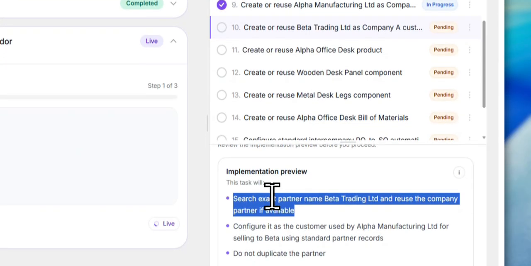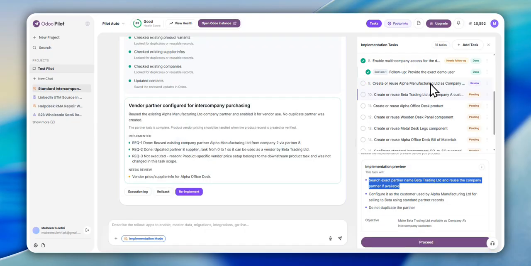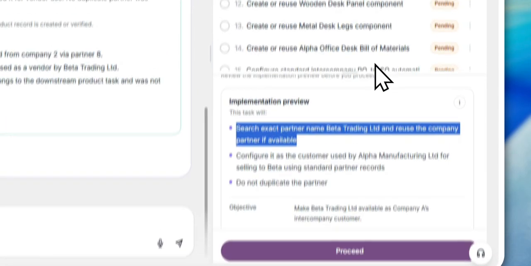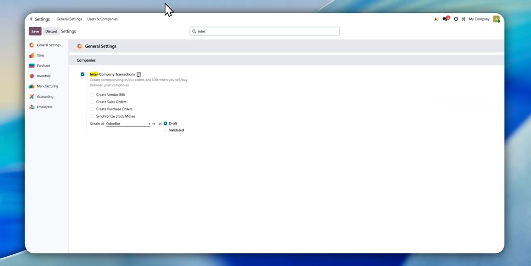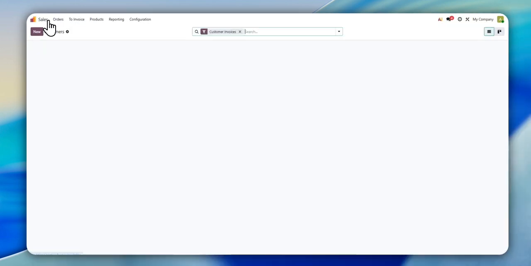And we will see in this same task, but the company name is changed. So after the state will be in review, we will click on proceed on this task as well, and we're going to see what happened on the customer.